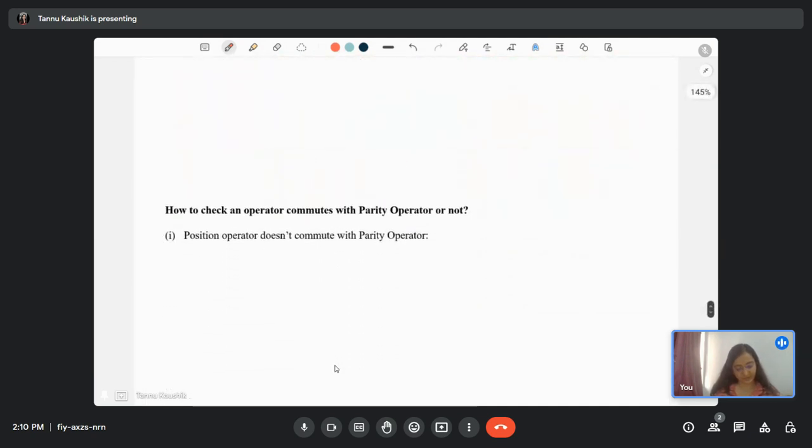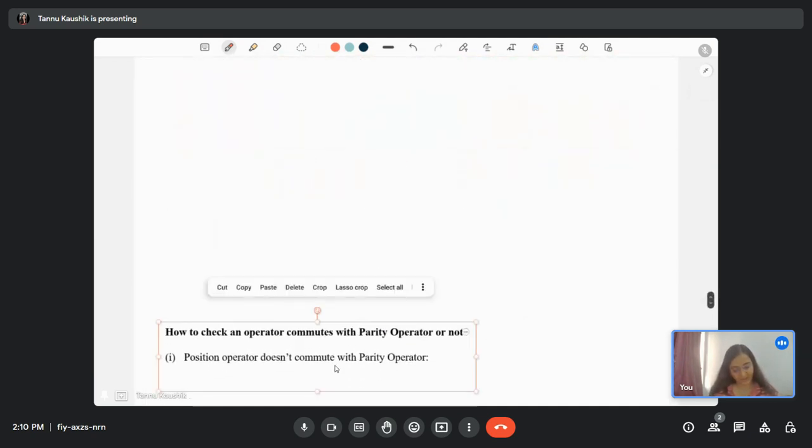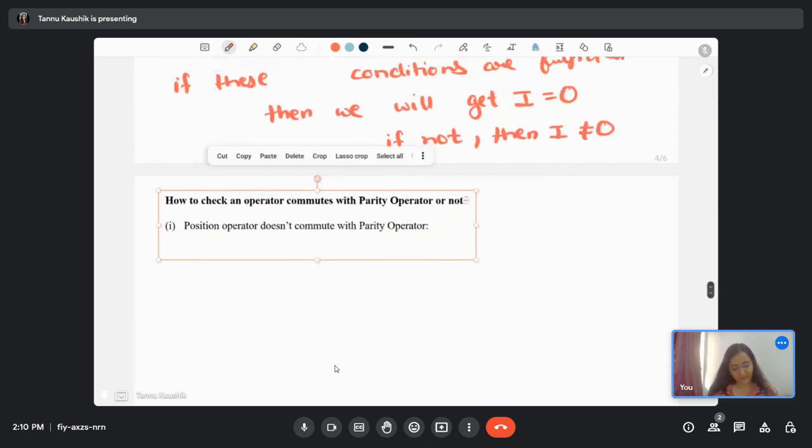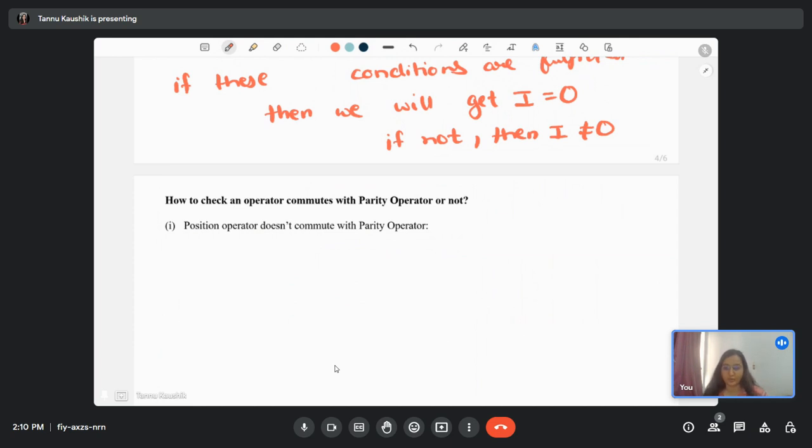That means the transition from a particular ground state to that excited state is not possible there. Okay,